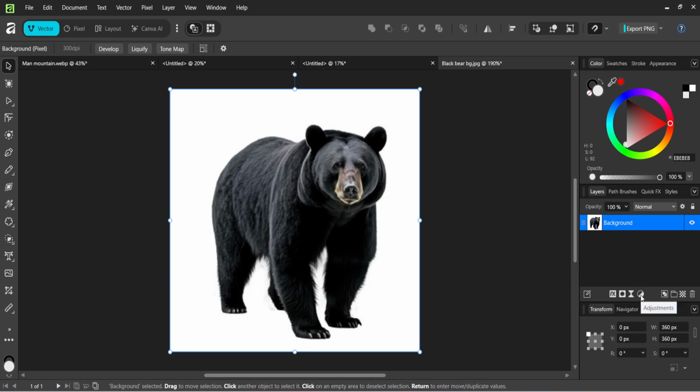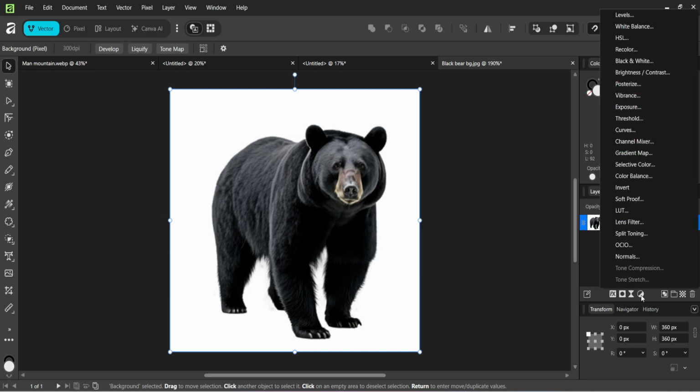whatever is selected. Next, look along the bottom of the interface for the Adjustments button. It's the gateway to Affinity Designer's color tools. Click Adjustments to open the list. This is where you'll find options that let you alter color, tone, and contrast on the fly. Because your PNG layer is selected, the adjustment you choose will automatically apply to that image, which keeps everything nice